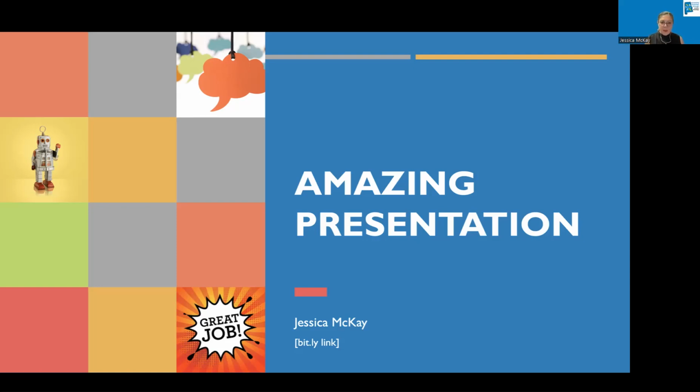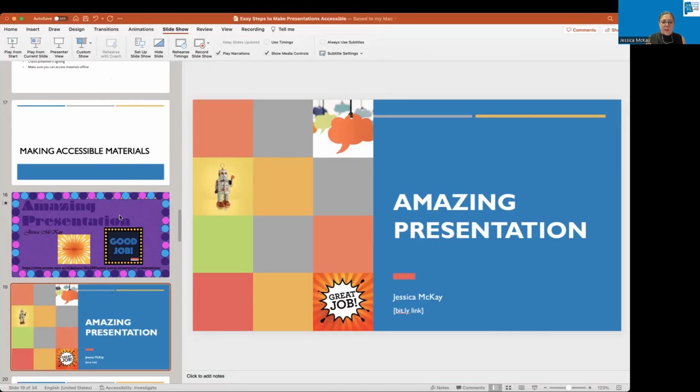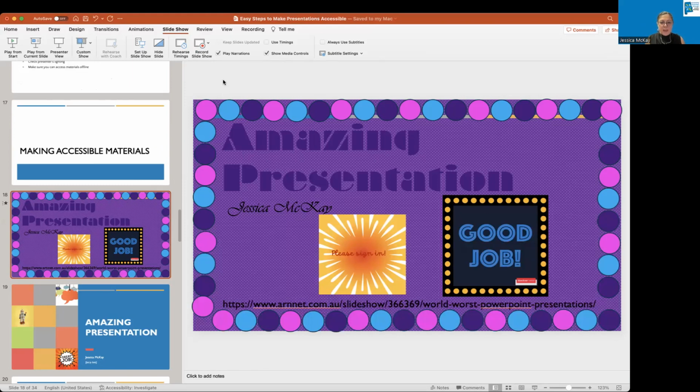So I'm actually going to exit out of this, and hopefully it's going to show up for you all. Here I am back at my first screen, and all I'm going to do is tab through. As you can see, it's going to tab through every single one of the things that it can tab, which means it's going to tab through all of these little circles. If I'm a screen reader user, as I'm tabbing, it's going to read image, image, image, image, image, image the whole time.